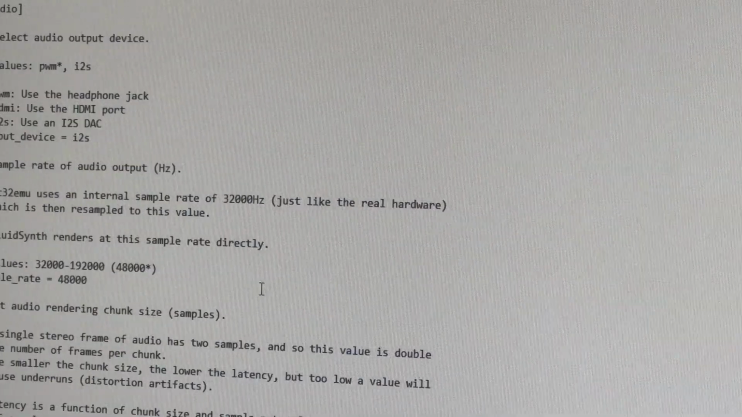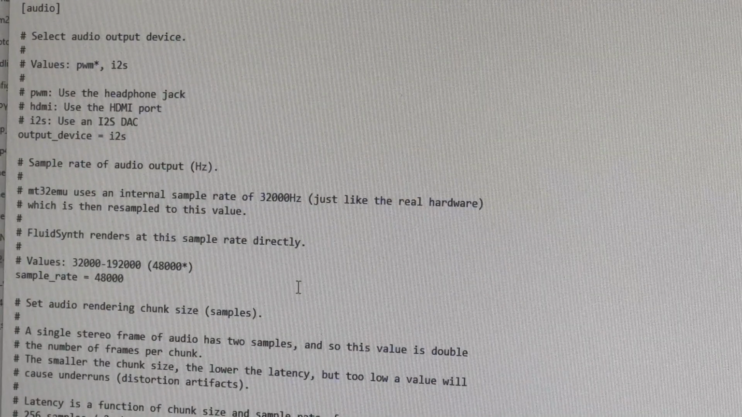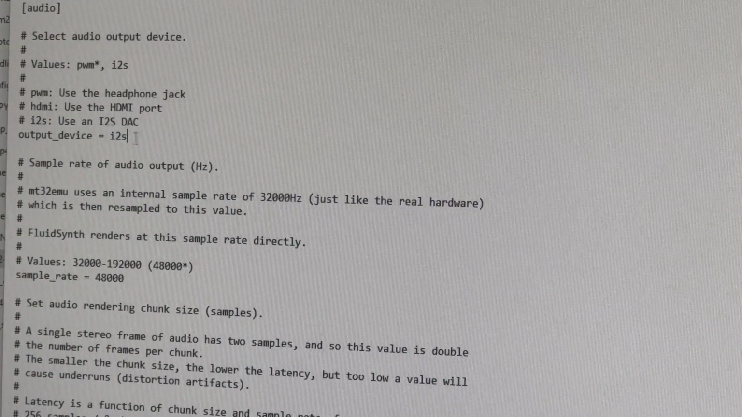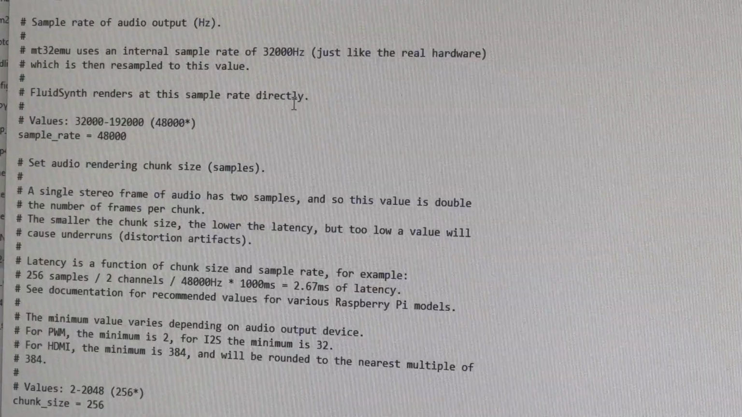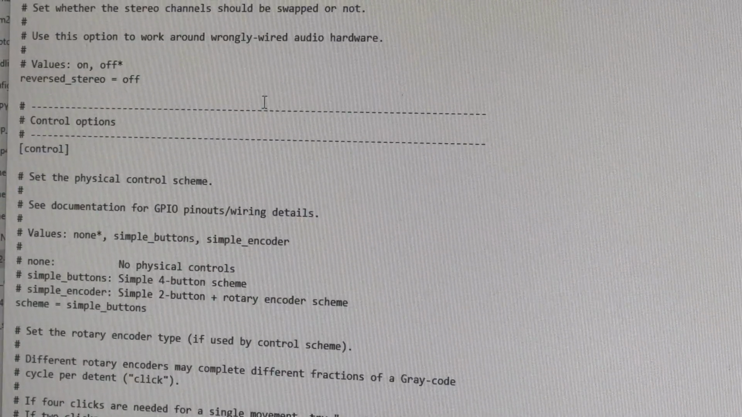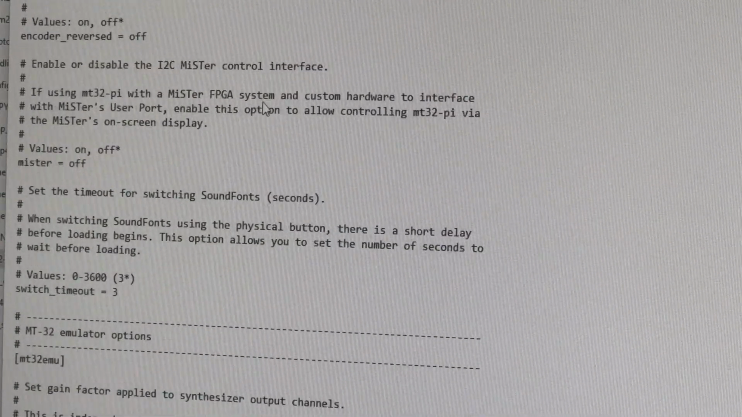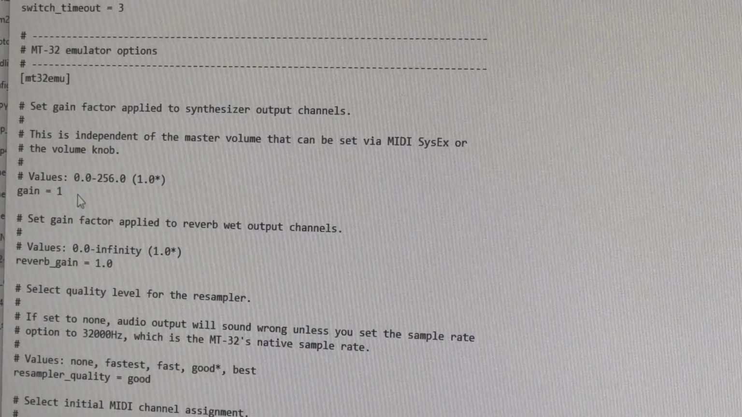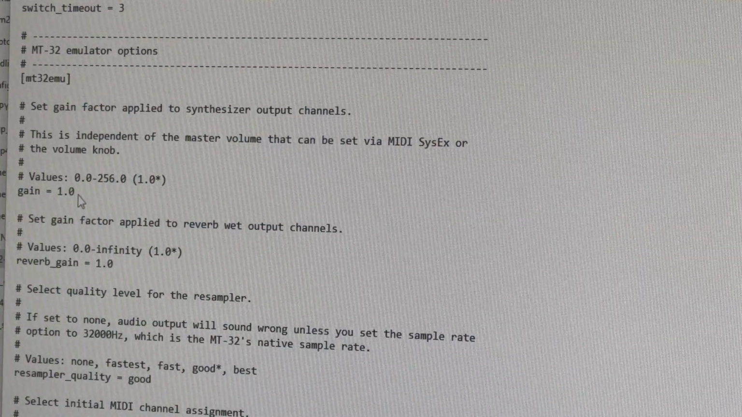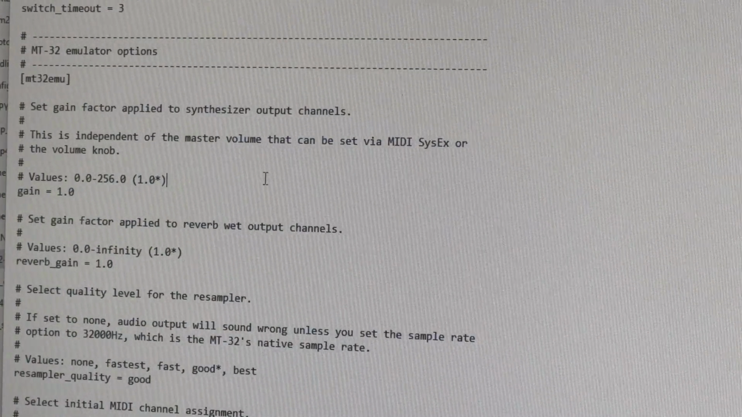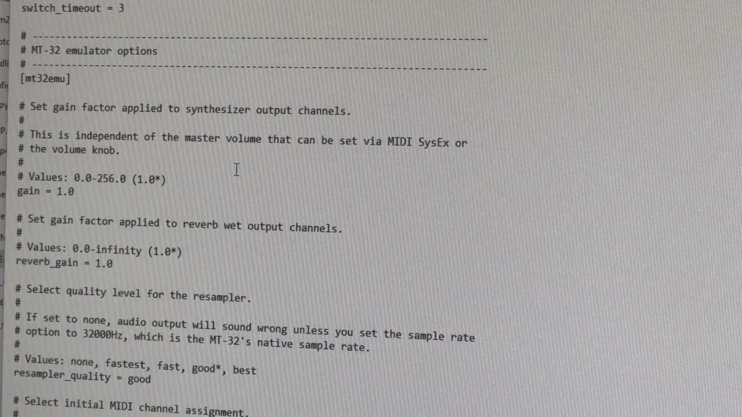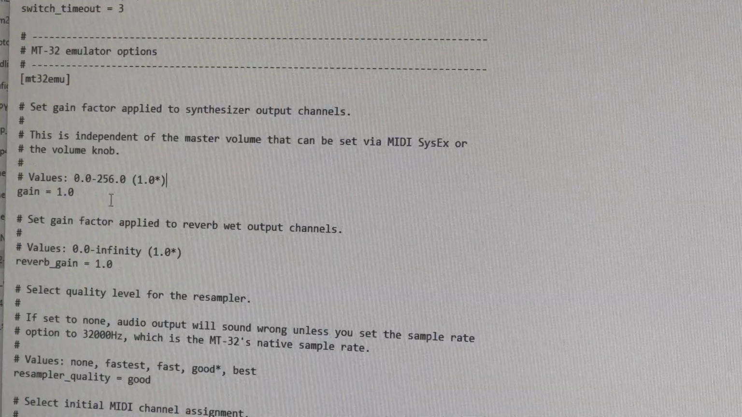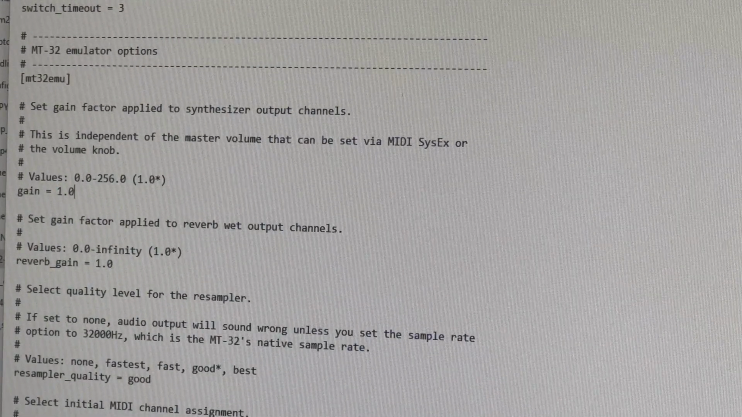Okay, I am in the MT-32 Pi config file. And what you see here, we are using the integrated, or the I2S DAC. We have the sample rate, that should be the correct one. Everything looks good. What I think might be the issue, it might be the gain. I have the gain set at 100. 1 is the default, so let's see if that did it. We're going to change it back to 1. I pushed it to 100 because I wasn't getting any audio out earlier, and so I was like, oh, maybe it's just not outputting enough oomph. So we're now at 1. We'll save that